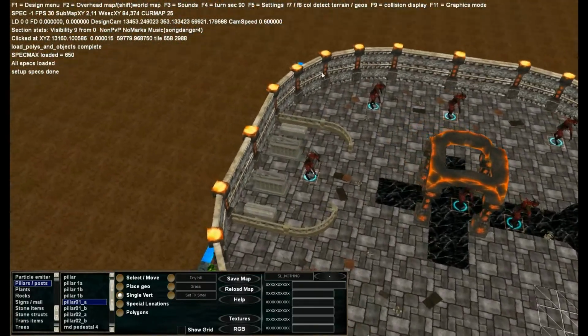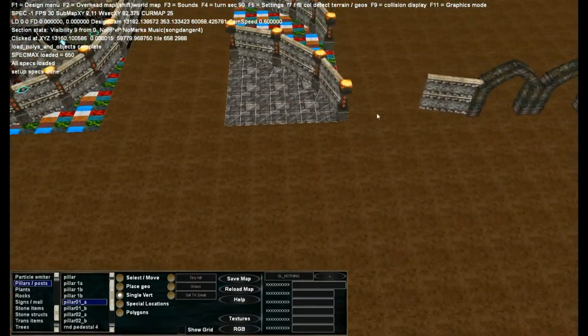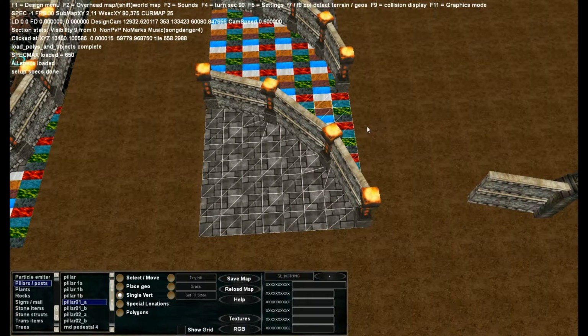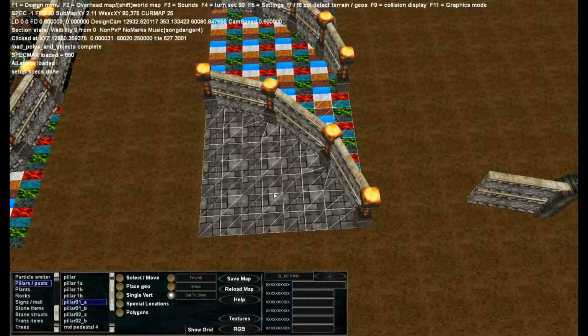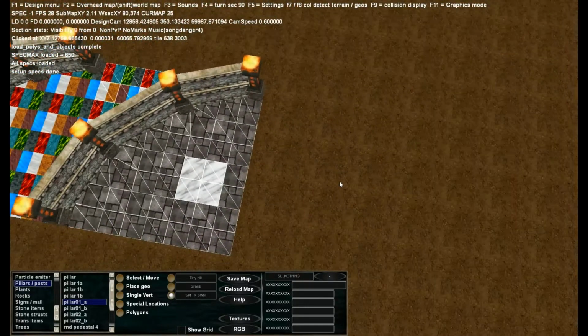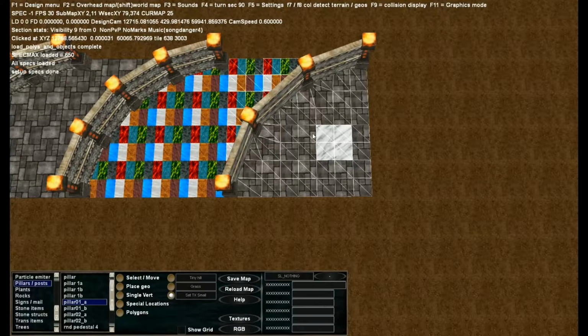Now, there's one thing I do want to talk about in terms of when you're setting a texture. Let's go with here. I'll set something obvious. See what the next page has. All right, let's just go with white marble. That would be good. So as you can see, I'm setting the white marble textures. Now, if you have turned this texture, this section 90 degrees with F4,